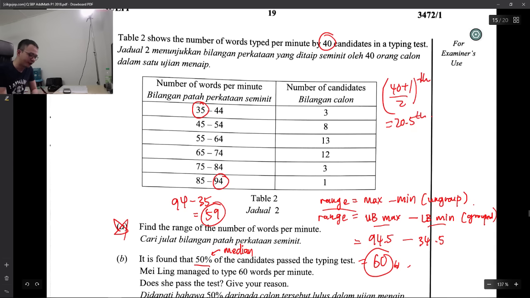So I will plus this one, which is 11, and then 11 plus 13. 11 plus 13 is 24. So my 20.5 is located below here. So I'm going to call this class the median class. So if this one is the median class, then I will start doing